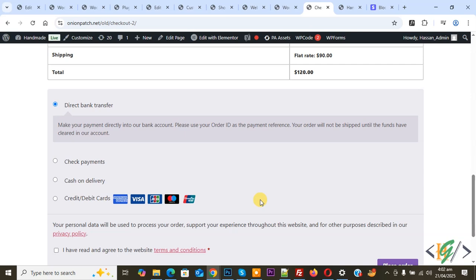So we are on the checkout page and you see credit and debit cards and the credit card icons: American Express, Amex, Visa, MasterCard. You see multiple. So we are going to remove or hide the credit card icons only, and if you want you